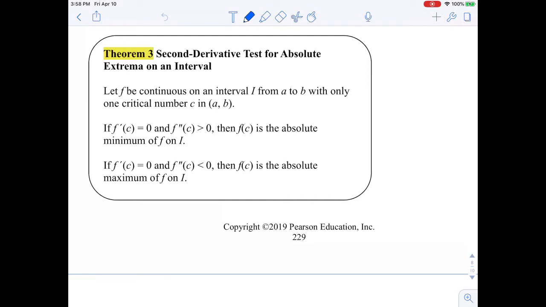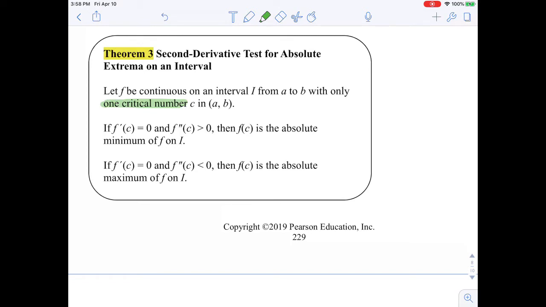This part of the notes, we're going to look at applications of maximizing profit and revenue. But before we do that, we need to look at this second derivative test that we can do on finding an absolute extrema. What happens is if we only have one critical number,